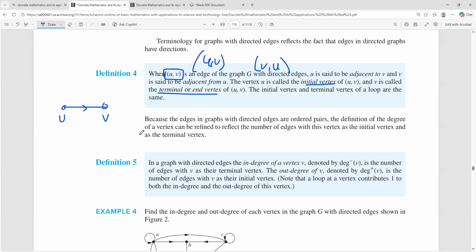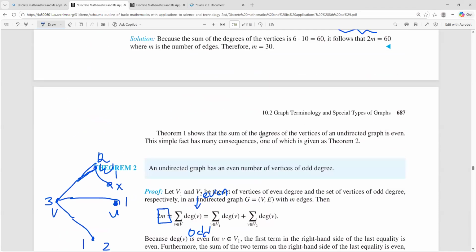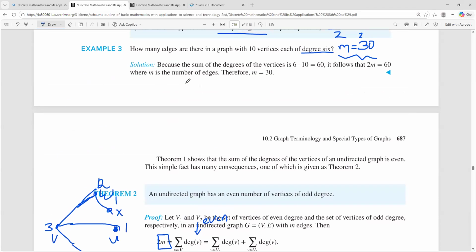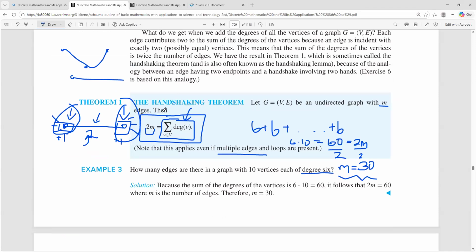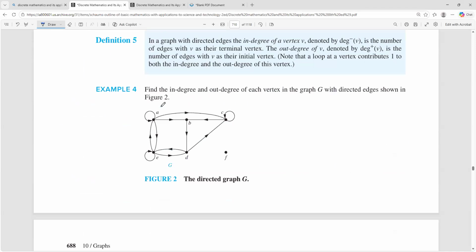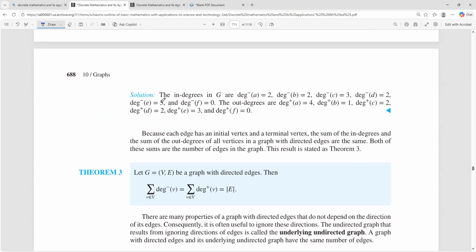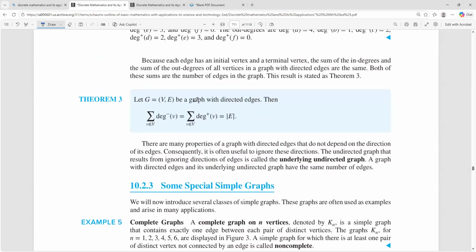Okay. Question from Ramil: types of proof questions you might expect to see related to this section. Typically prove the handshaking theorem, prove theorem 2, or prove something using the handshaking theorem. It'll most likely be either proving something using the handshaking theorem, so maybe something like this, or proving the handshaking theorem itself. From this section, I don't really think you'll get anything beyond those two. Maybe something like this,